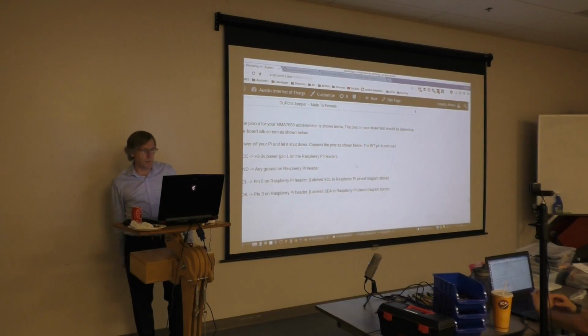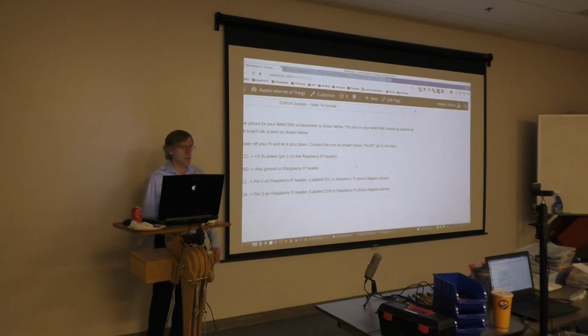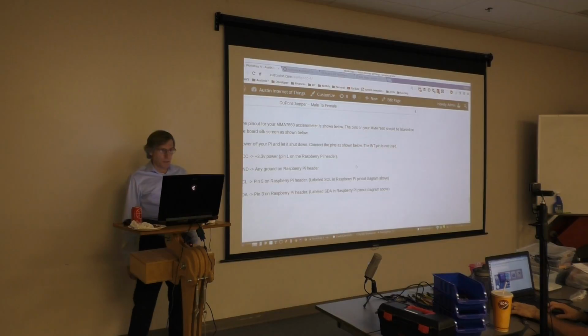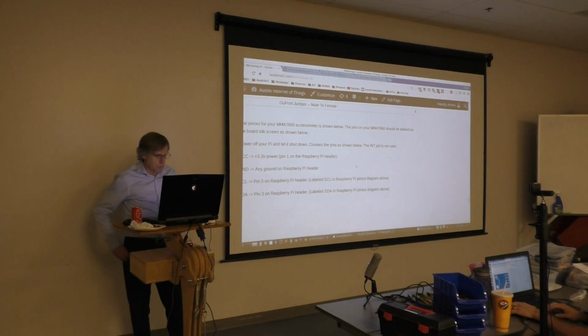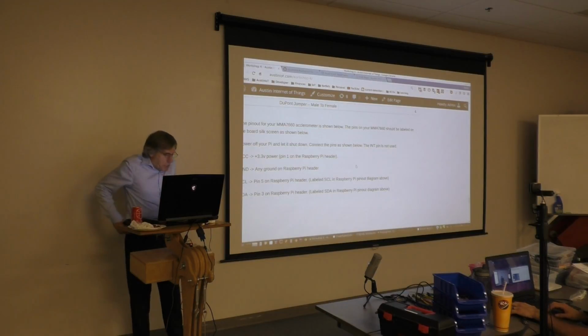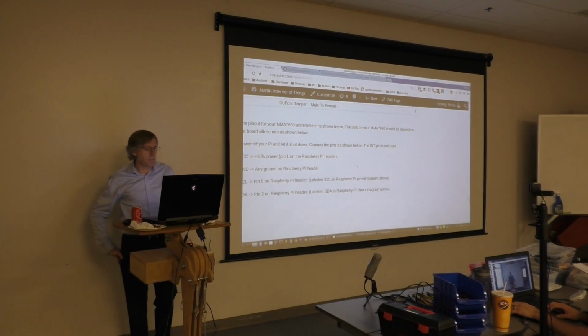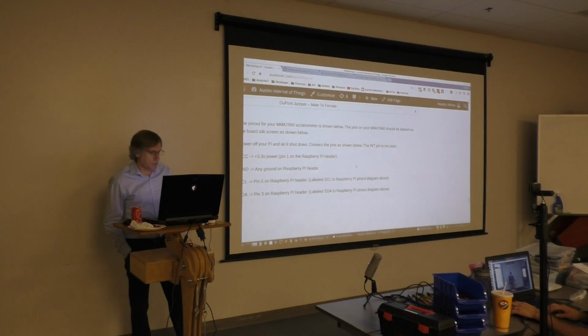On the back of your MMA7660 accelerometer, you should have already silk screened what all the contacts are. Again, there are 5, but we're only going to be using 4. We're going to be using the pins labeled VCC, GND, SCL, and SDA. The VCC is simply a connection to your positive 3.3 volt power rail, which is also pin 1 on your